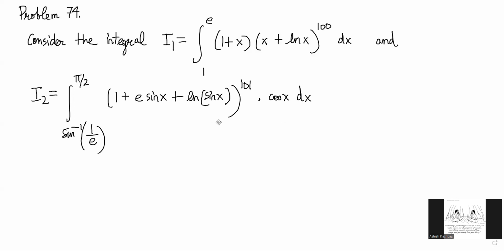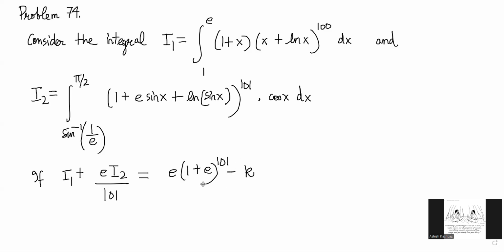And now in the problem it is stated that if I1 plus e times I2 divided by 101 is equal to e times (1 plus e) to the power 101 minus k by 101. We have to find k,